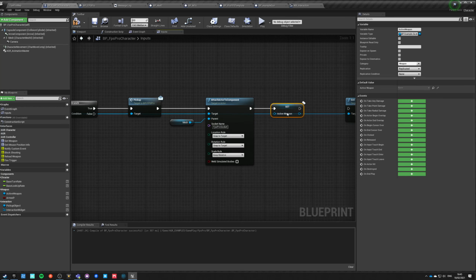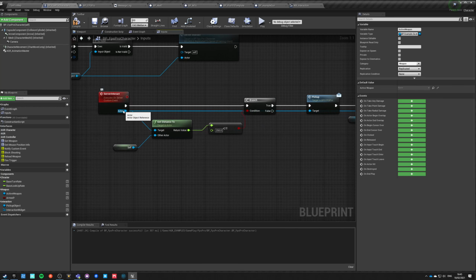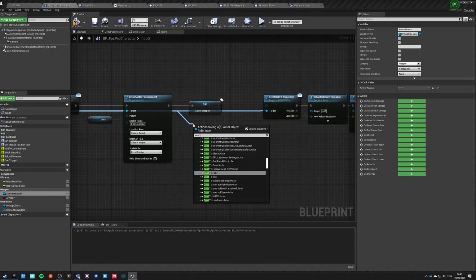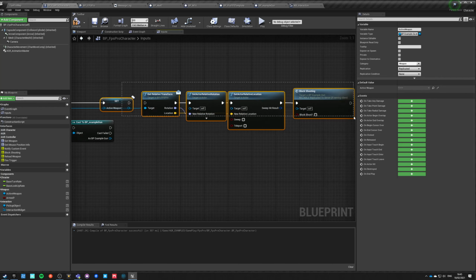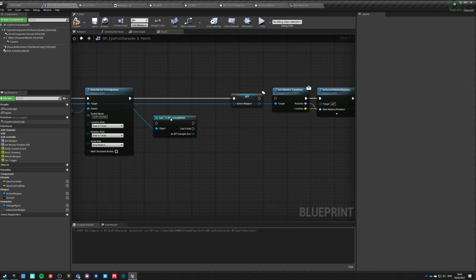But to do that, it's not an actor, this is example gun, so we're gonna have to cast. I hate to use casts. We could do it differently, but that will be too many changes right now, and it would cost us too much time. Maybe I will fix it later on. But for now, we'll just cast it.